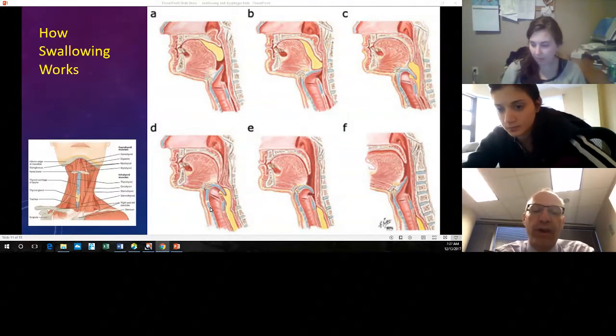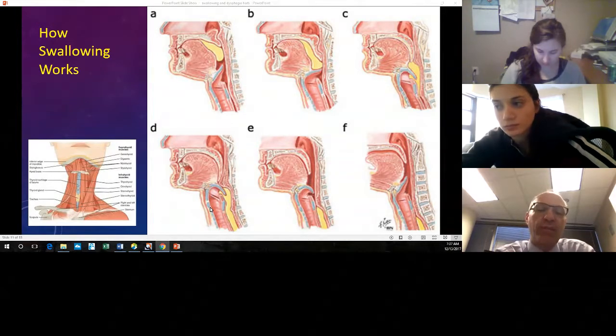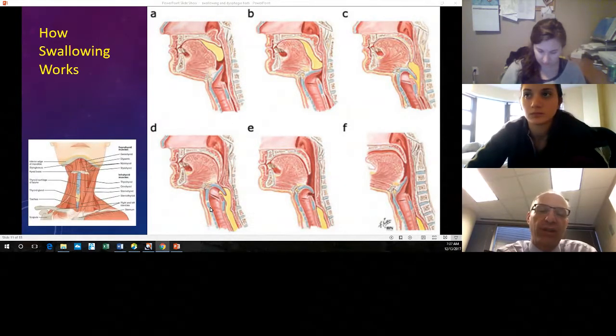So in order for it to bend down, what has to happen is that the strap muscles you see in the other picture to the left,